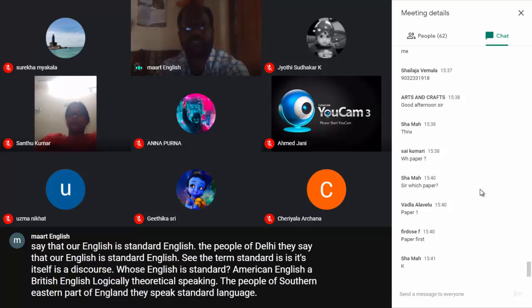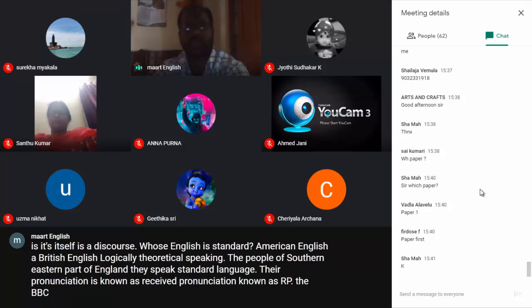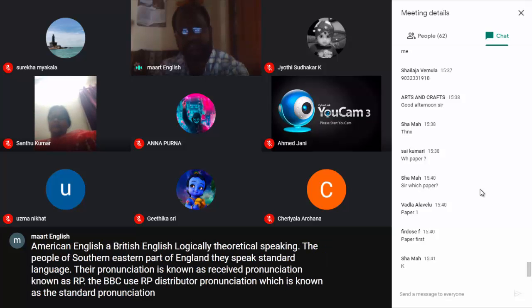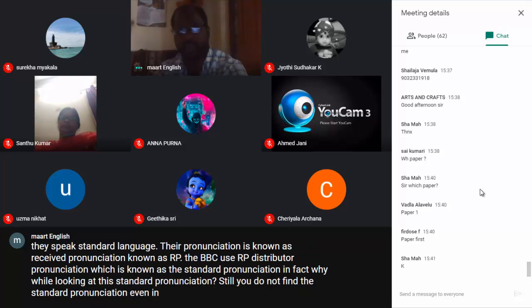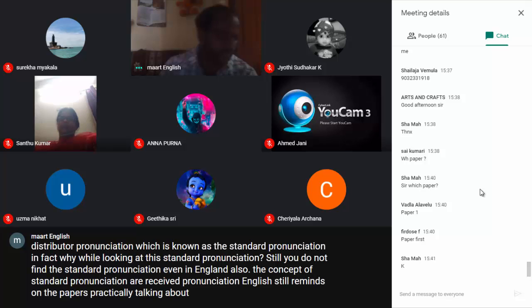Their pronunciation is known as received pronunciation, known as RP. The BBC use RP, received pronunciation, which is known as the standard pronunciation. In fact, while looking at the standard pronunciation, still you do not find the standard pronunciation even in England also. The concept of standard pronunciation or received pronunciation in English still remains on the papers, practically talking about whose language,